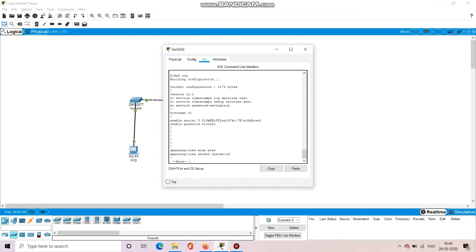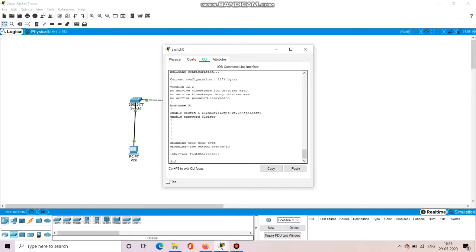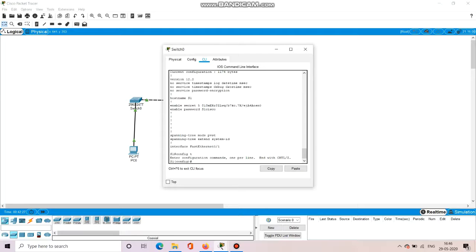Now do exit to check whether the encrypted password is set or not. To verify, you can check it from the show run command as well. It will show you an encrypted password.